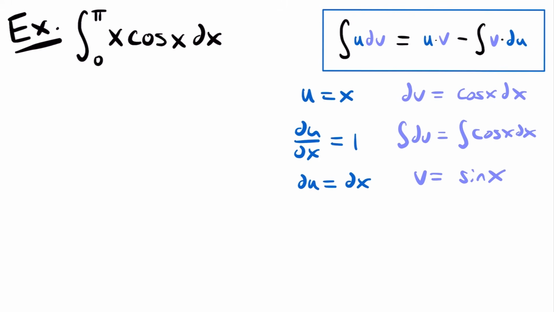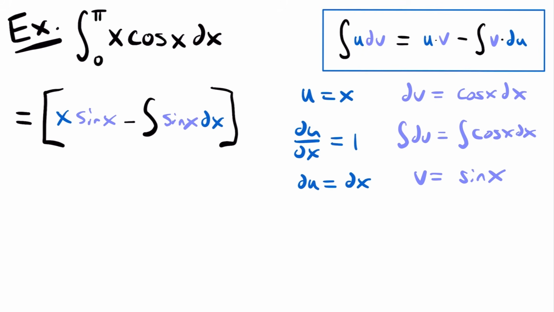All right, and so then this is where it differs just a little bit when you have a definite integral. When you rewrite this integral with these two terms over here, you're going to be evaluating both of them for your bounds. So what we're going to have is that this is equal to the evaluation of u times v. So we'll have x times sine x minus the integral of v, which is sine x, times du, which is dx. And then we'll close that, and the evaluation is from 0 to pi. All right, so then we'll solve this